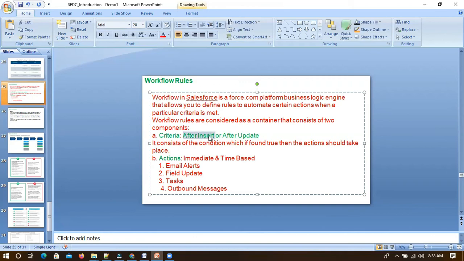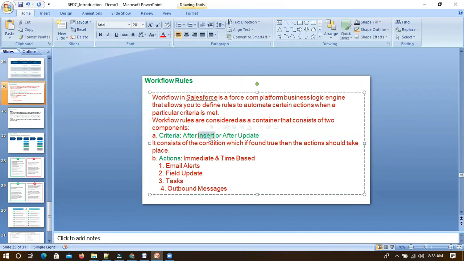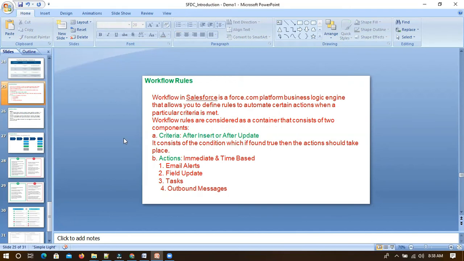First it will check which action is being performed, insert or update. If it is insert, it means a new record has been created. So once it is inserted, it cannot be performed before, it can be performed after. But if someone is deleting it, it will not fire anything. So that is a drawback of both workflows and process builder. In that case, we have to go with Apex. Through Apex only we can do it, there is no other alternative.